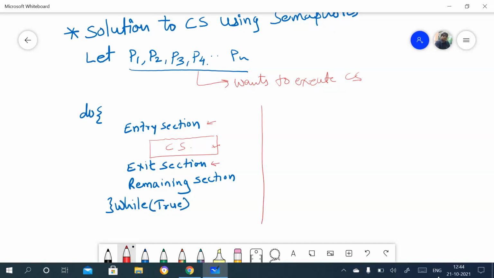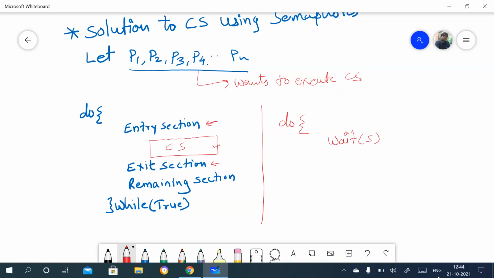Right? Now I'll write the same thing using semaphore. Do. Now see, here at entry section we are using that function, wait S, right?